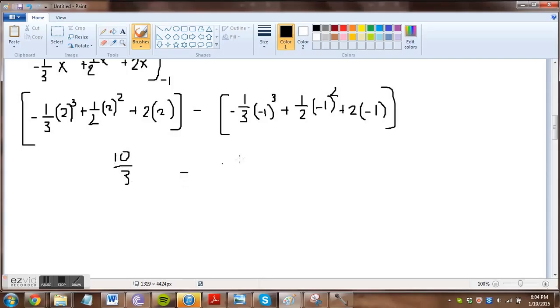And when you evaluate that out, you get 10 thirds minus 7/6, and that is equal to 9